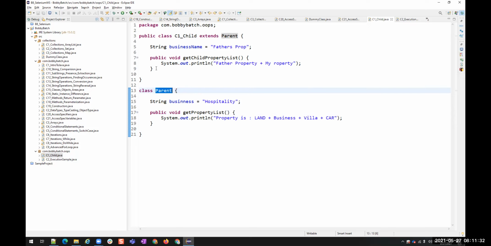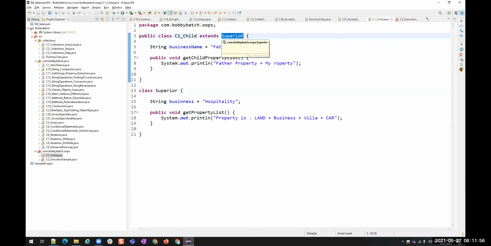Parent can be anything. Exactly. Here, if you want, I'll say this parent is Superior. It's just another class. Superior is extended by this child class. So now for this child, Superior is the parent.